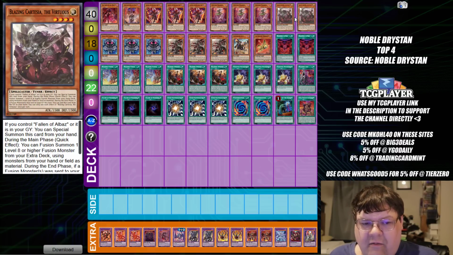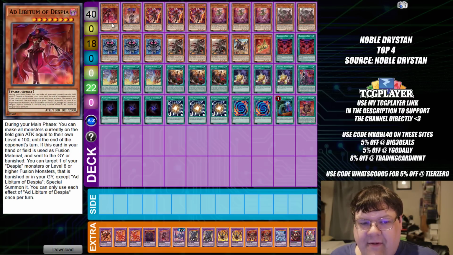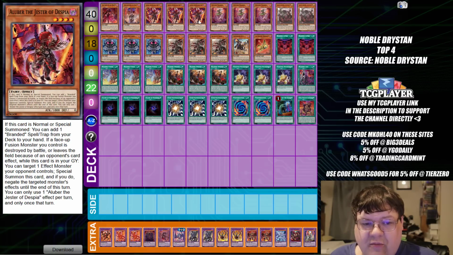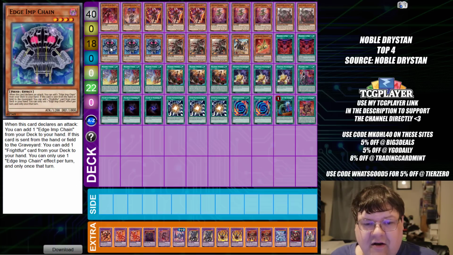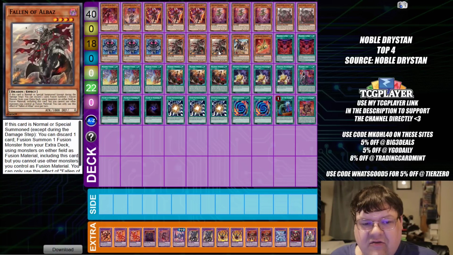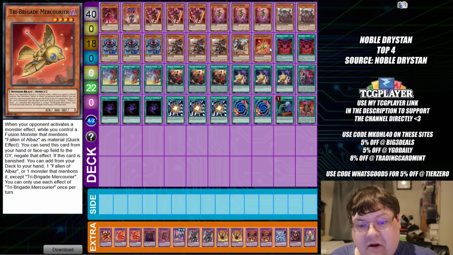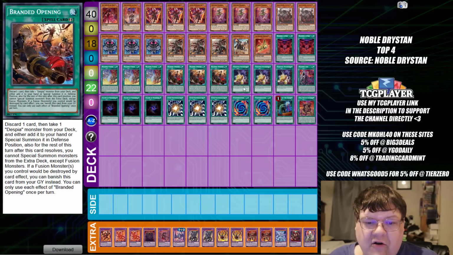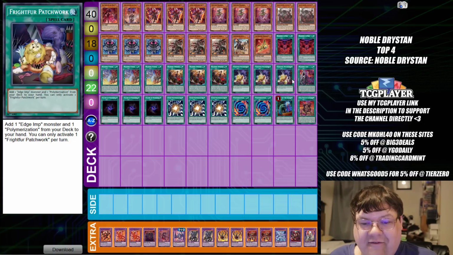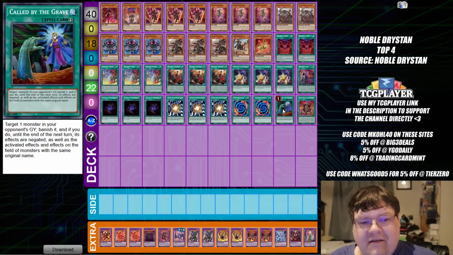For an example here, we were playing 2 Blazing Cartesias. It gives you an additional fusion fodder step here to facilitate what this deck wants to do. So we have 1 copy of Ablidium, 1 Dramaturge, triple copies of Alubar, triple copies of Tragedy. We have 2 Blazing Cartesia, triple copies of Egypt Chain, triple copies of Fallen of Albaz, 1 Spriggan's Kit, 1 Trier Brigade Mercurier. We have 2 copies of Branded in Red, triple copies of Branded Fusion, triple Branded Opening, triple Branded Fright for Patchwork, 1 Branded Lost, triple Lore Darkness, triple Super Polymerization, 2 Polys, 1 Call by the Grave,